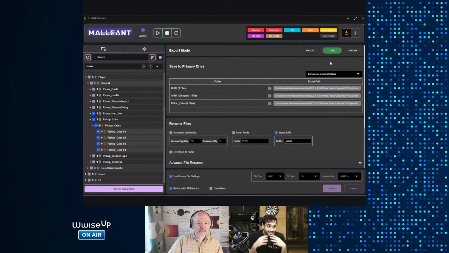That means if you have any Audiokinetic effects before Maliant in the signal chain, those will also be printed. So in case you're doing a mass export, you've got all your non-dynamics from Audiokinetic, and you just want to do the printing process, you can leave the DSP blank, just press live and print it.